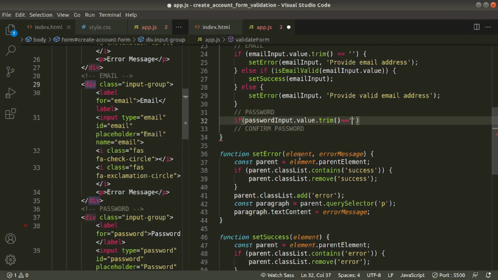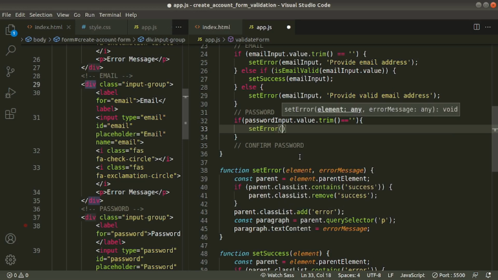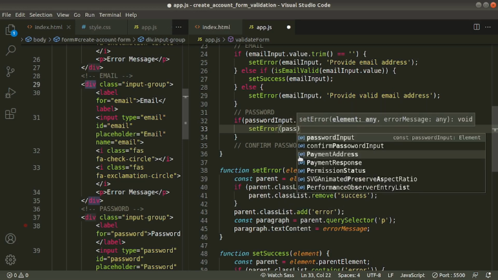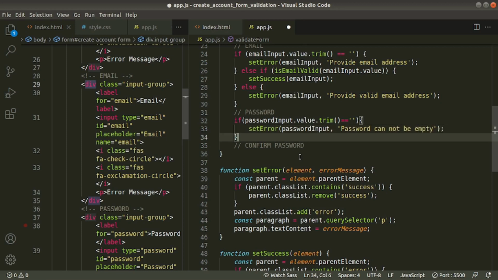If it equals empty, we'll call the setError function and pass the password input field and the error message: Password cannot be empty.